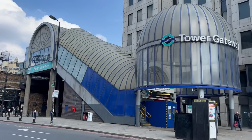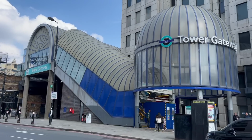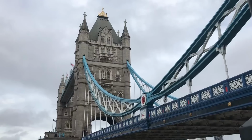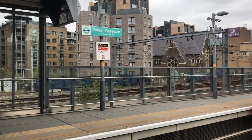This is Tower Gateway, one of the western termini of the Docklands Light Railway. It's located just outside the historic City of London, a short distance from such landmarks as the Tower of London, Tower Bridge, and St Catherine Docks. It's one of the oldest stations on the DLR, and sees a lot of use, yet its days might well